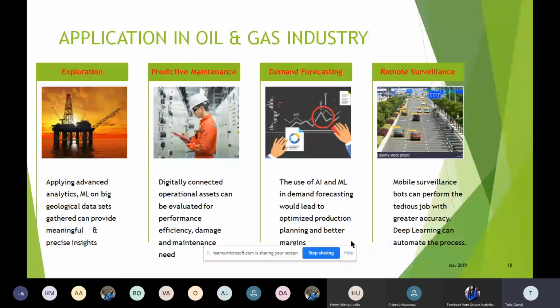So what these guys have done was to come up with an AI-driven system that actually uses deep learning and image processing to remotely manage operation sites and report HSE, or that is safety violations. So are you working with the right equipment? Are you doing the right things? That is being remotely monitored and flagged, as well as reported to the relevant authorities. So this is just a use case. This is live in Port Harcourt here. A company has that technology already developed.